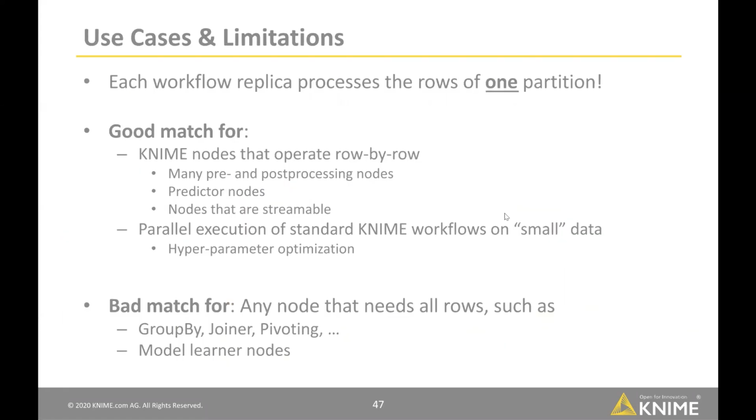This sounds a little bit magic, but I think it's worth talking about use cases and limitations here. The way this works essentially is that KNIME will upload these little component workflows into the Spark cluster and distribute them over the Spark executors. And then each of these copies will be executed on one partition of the data frame. I mentioned already in the beginning that data frames are partitioned, so they have this natural split structure.